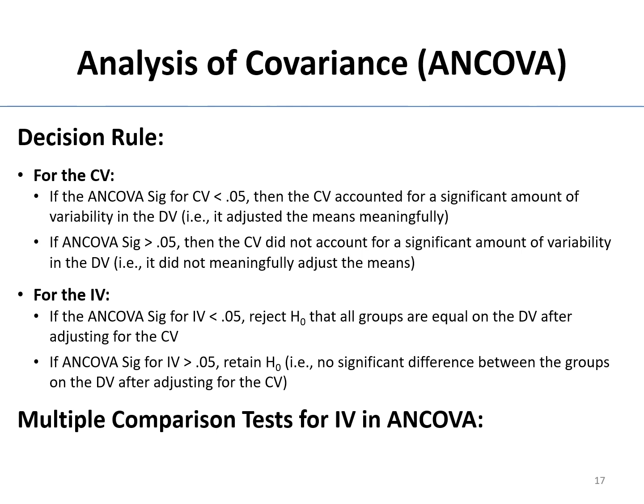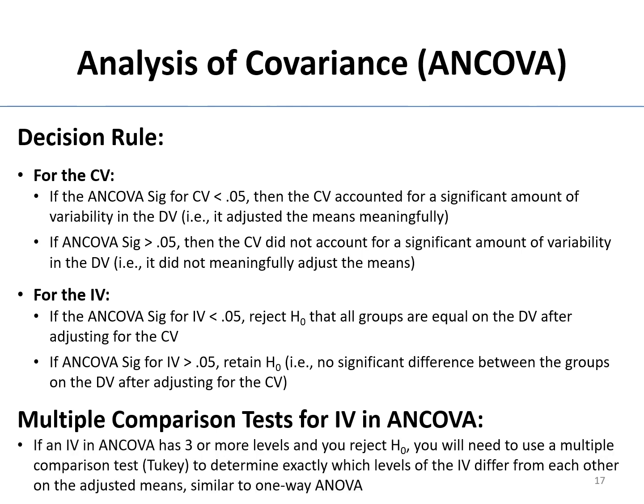Multiple comparison tests for the independent variable. If your independent variable in your ANCOVA has 3 or more levels, you would need to use a multiple comparisons test such as Tukey, just like for ANOVA, to determine exactly which levels of the independent variable differ from which other levels on that adjusted dependent variable. If you just have 2 levels, you're basically using ANOVA to run a t-test. You don't have to go ahead and do the Tukey, but if you do have 3 or more levels,